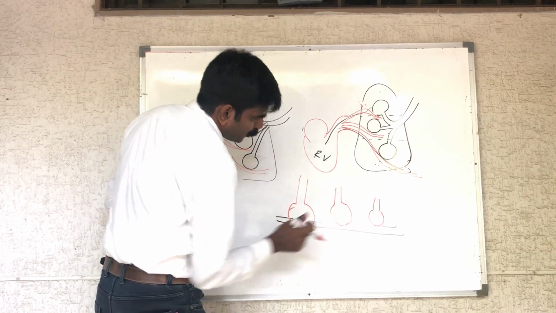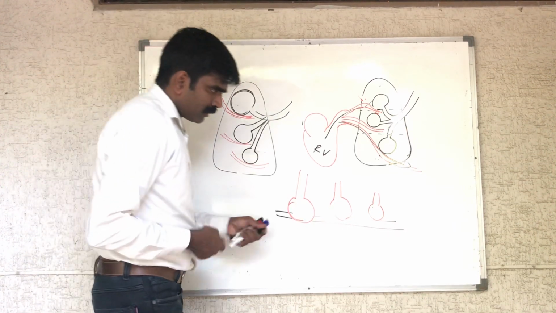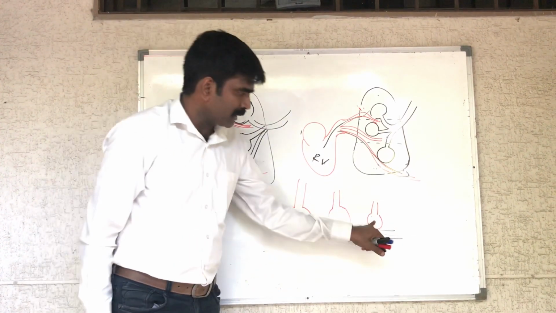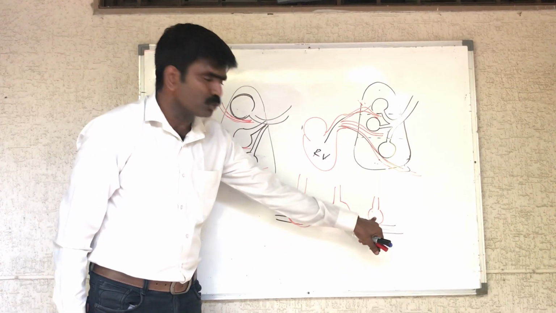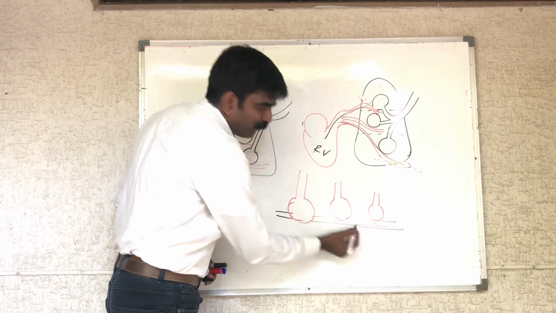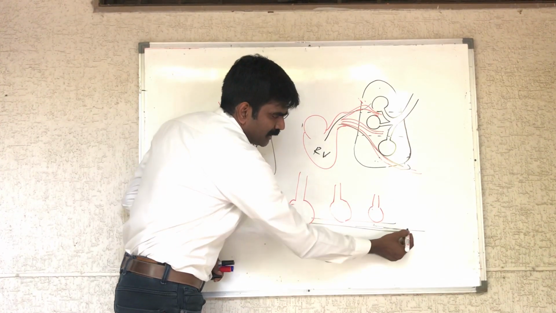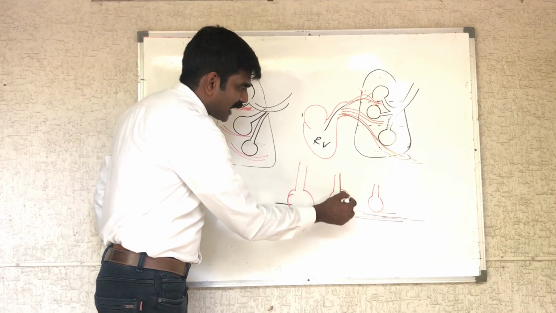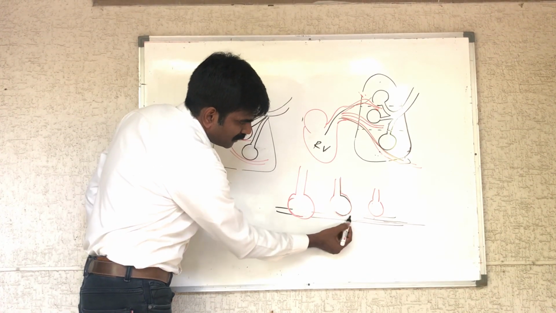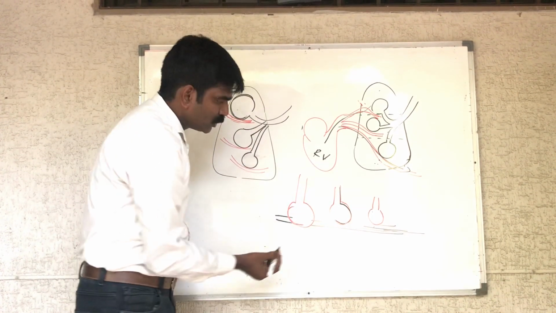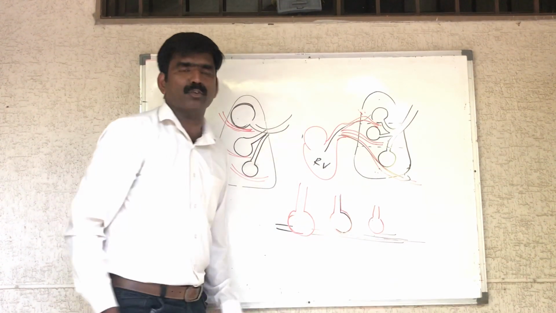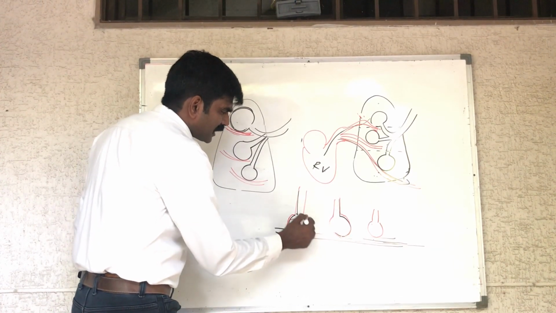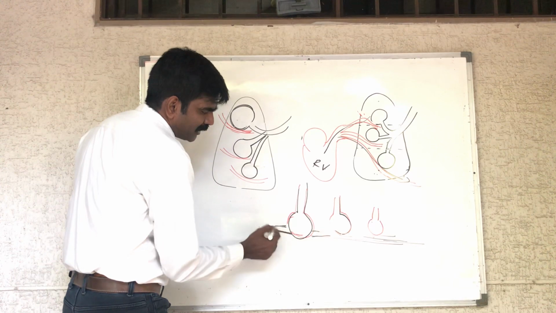Clear? So now you can see the pulmonary artery which is lying next to the small alveoli is free to flow. If blood is going in this direction, it will go freely. But the artery lying closer to this size alveoli is slightly compressed, so there will be a slight resistance offered to the blood flow. But here, when you see, the alveoli is totally compressed, the pulmonary artery is totally compressed.